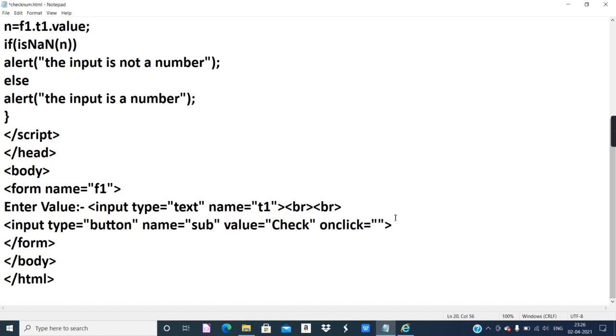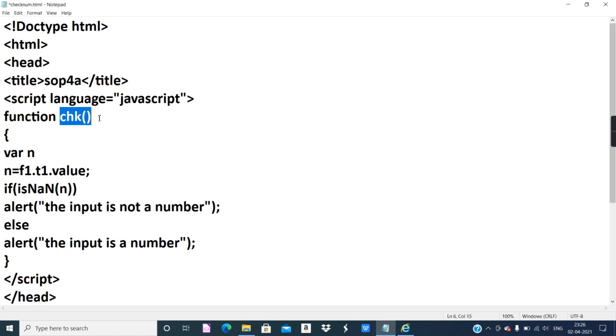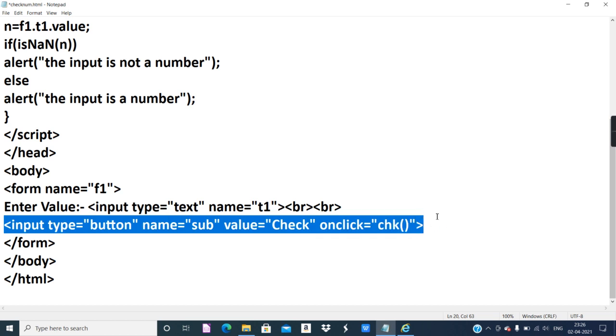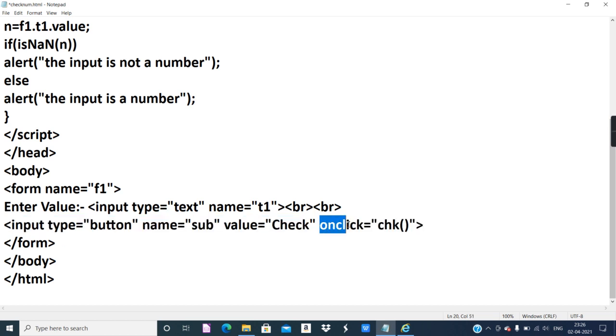This function must execute. The name of the function is chk. So exactly you have to give this inside double quotes. Now, onclick is acting like an attribute of input in HTML. This entire thing is HTML, it is in angular brackets. So it is not compulsory to give C capital, but many people prefer to give C capital.